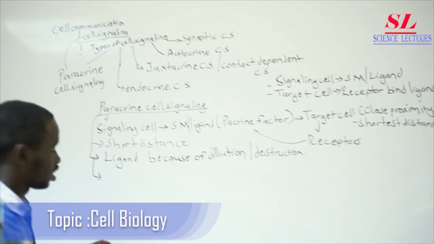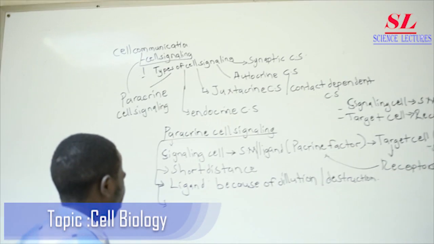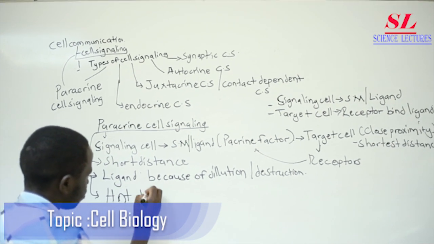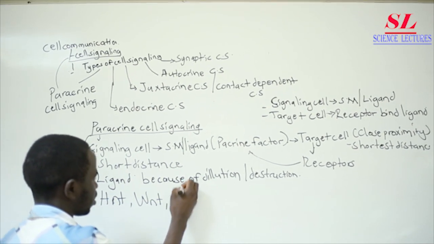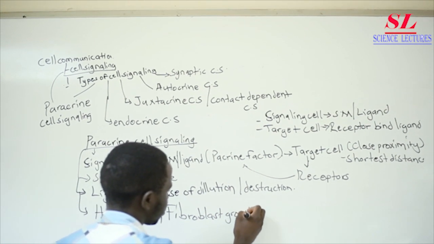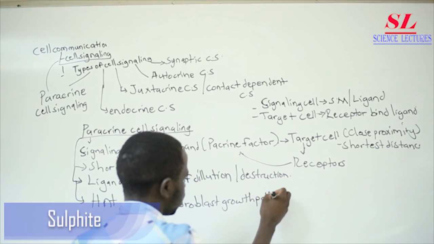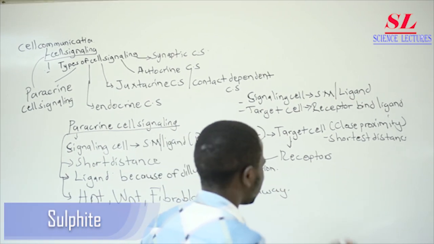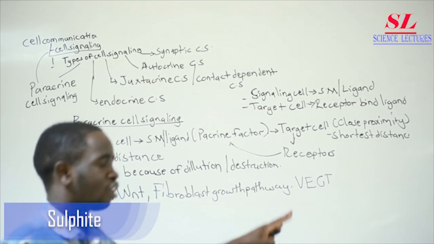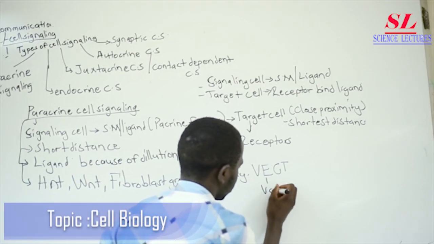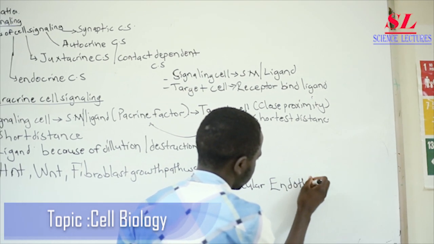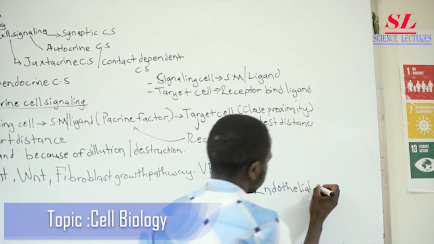Then examples of paracrine signaling are involved within various pathways, things like the Hedgehog pathway, the WNT pathway, the fibroblast growth pathway. This we shall discuss later in our series about reproduction. Then there is what they call VEGF. Allow me to talk about VEGF shortly. VEGF is vascular endothelial growth